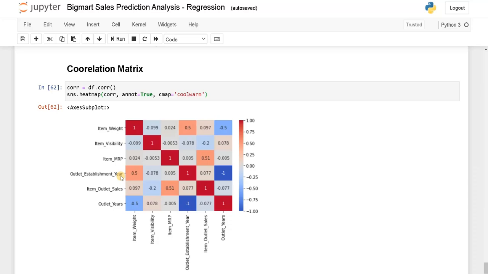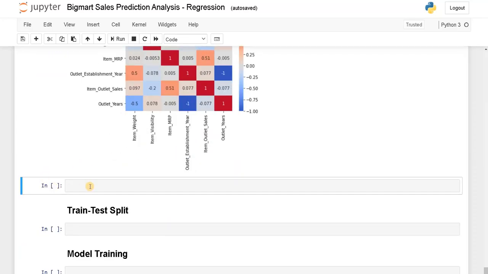When we are processing the model, we will see which attributes have the major impact. Item outlet sales is the output variable. So from this column, we will get to know which is highly impacting the prediction variable. If you follow this, item MRP is the major impact on the item outlet sales. So this is an important variable. Other than that, not many variables are contributing. Maybe the categorical variables have some major part in the prediction of output. That's it for the correlation.